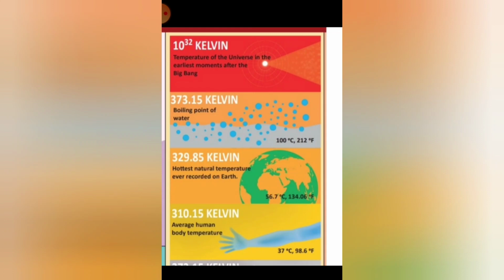தென் 373.15 கெல்வின், அதாவது பாய்லிங் பாயிண்ட் ஆஃப் வாட்டர். இங்கே கொடுத்துருக்க வேல்யூஸ் எல்லாமே நமக்கு கெல்வின் தான். ஓகேங்களா. ஸோ ஹாட்டஸ்ட் நேச்சுரல் டெம்பரேச்சர் எவர் ரெக்கார்டட் அந்த எர்த் பார்த்திங்கன்னா கெல்வினில் 329.85 கெல்வின். அப்புறம் ஆவரேஜ் ஹியூமன் பாடி டெம்பரேச்சர் வேல்யூ பார்த்தோன்னா 310.15 கெல்வின். ஓகேங்களா. நெக்ஸ்ட் வந்து